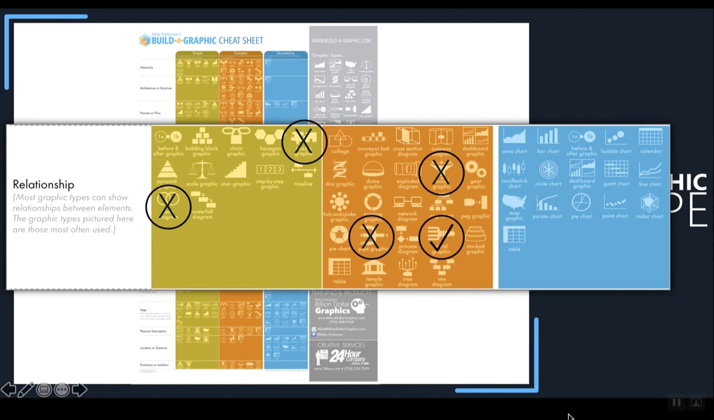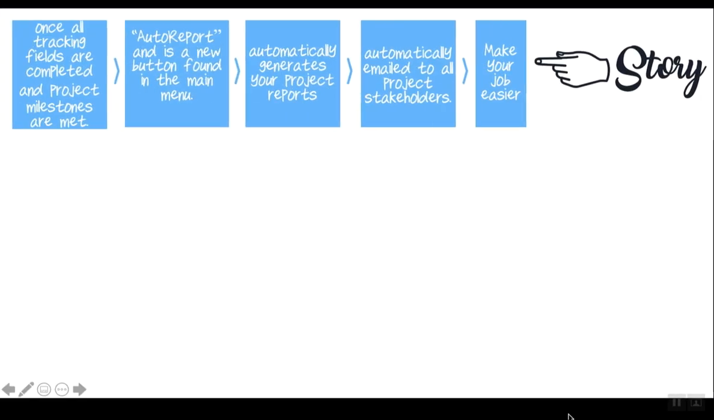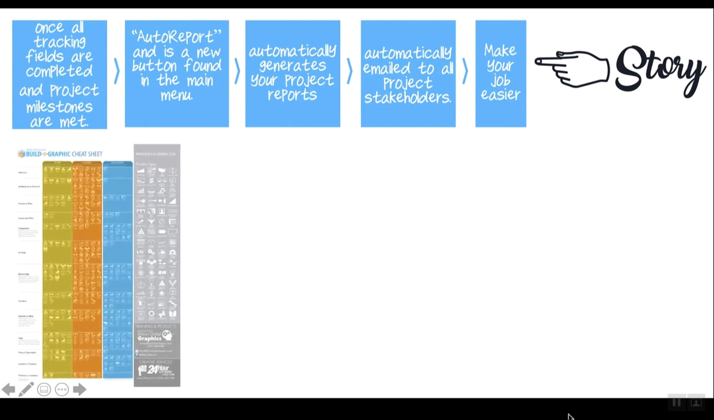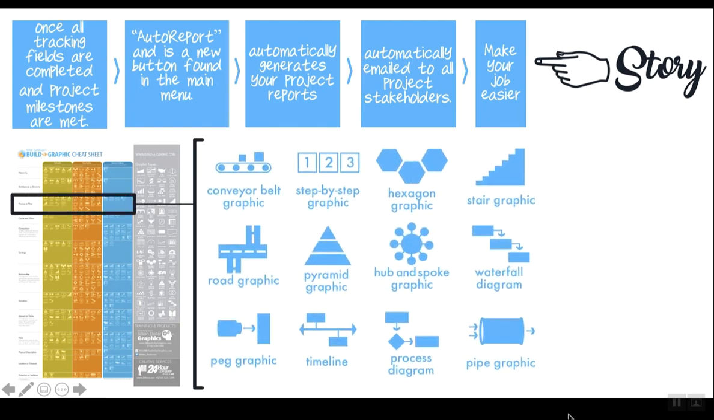So this saves you a whole bunch of time. So let's take a look at an example. So we had our make your job easier using this new tool, graphic. This is something we came up with. Using our graphic cheat sheet, this is essentially a process or flow, and there's a whole bunch of different ways